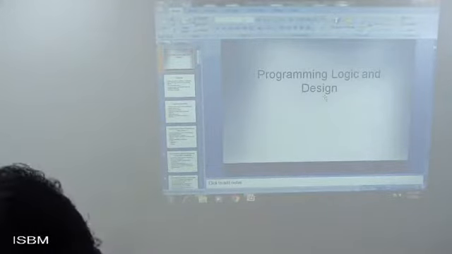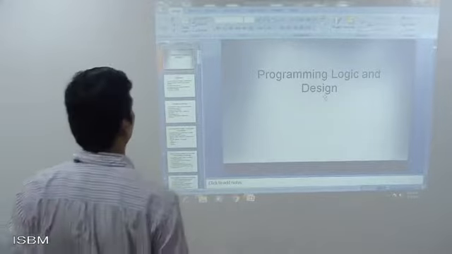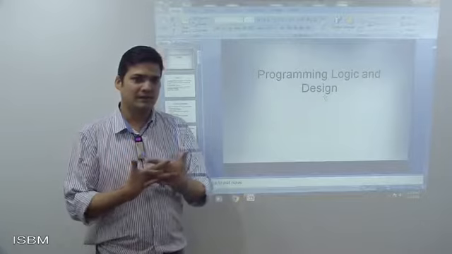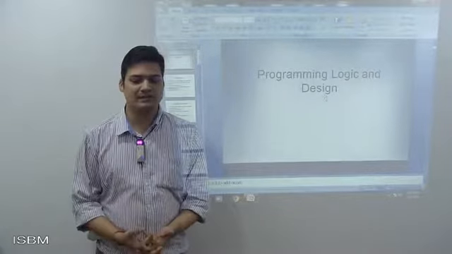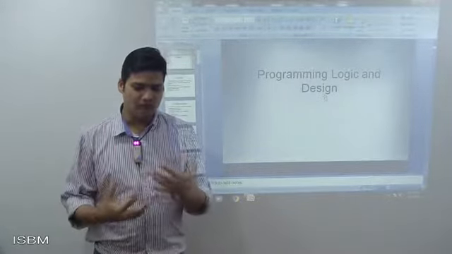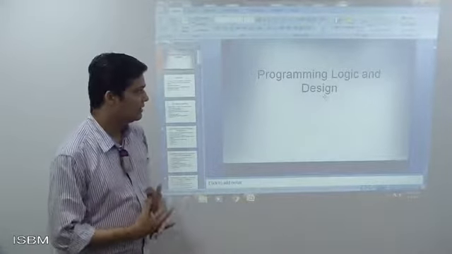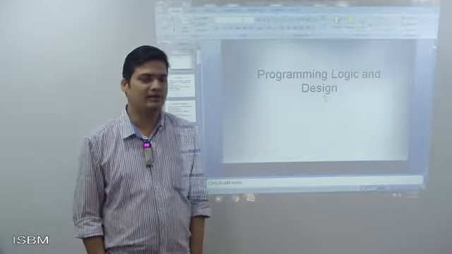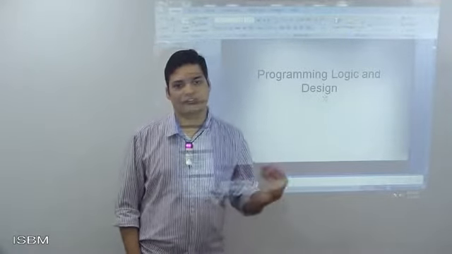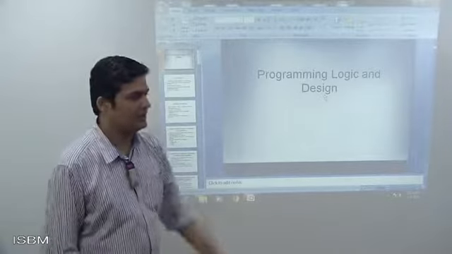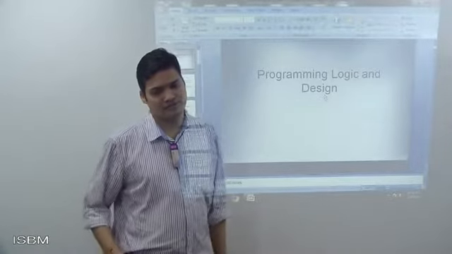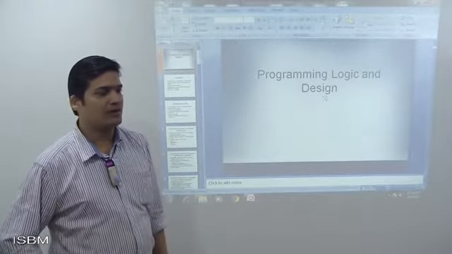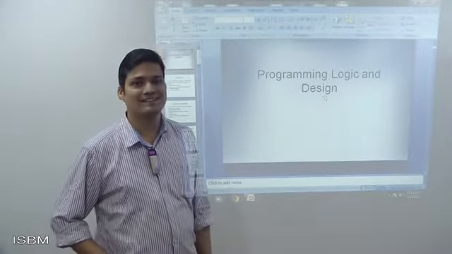So we have completed programming logic and design today. You need to go through it once more, because it is very important how you work on programming logic and design. Make sure you understand everything I have gone through: how to write logic, flowcharts, object-oriented programming and procedural programming, and the differences between them. I also went through the six steps for programming, how you write a program, which is called SDLC. In the next